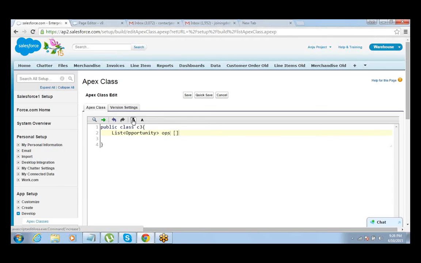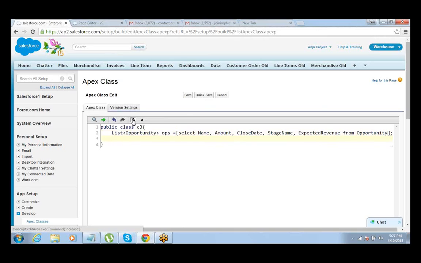Give the variable a name, put the select query and say select name, amount, close date, stage name, expected revenue from opportunity.